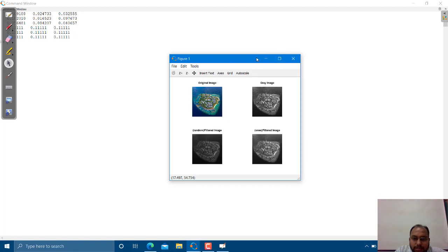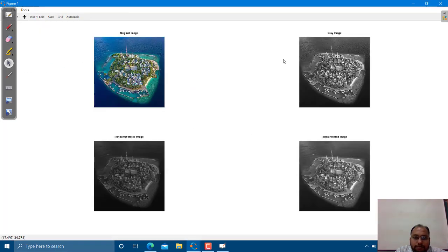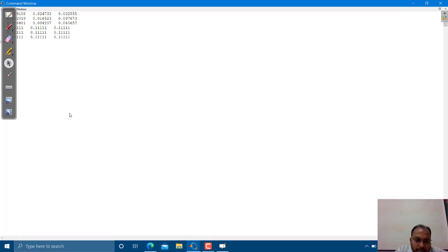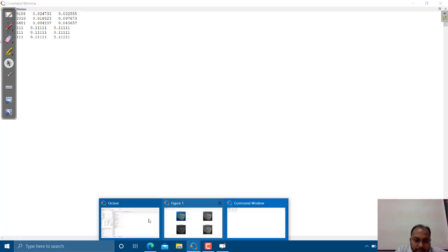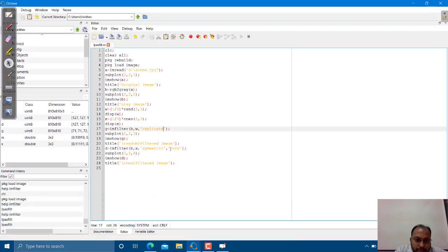So this is my change to the image, by the convolution method now. Over here let us change the title to convolved image, convolution filtered image.